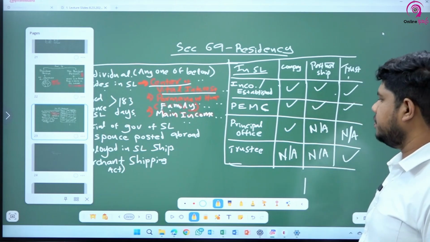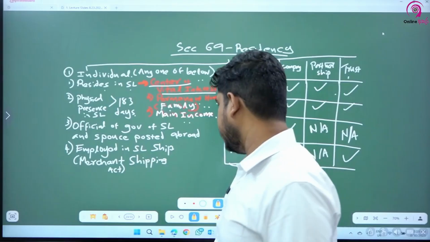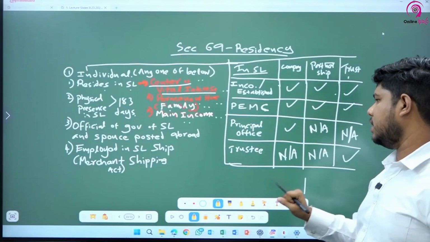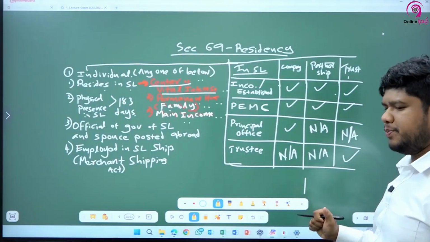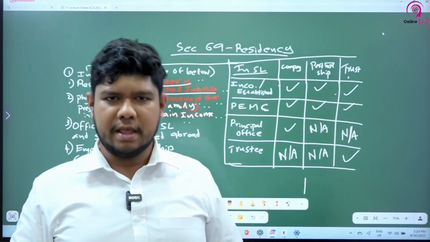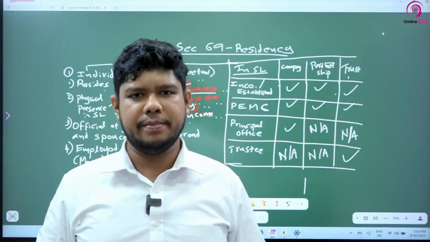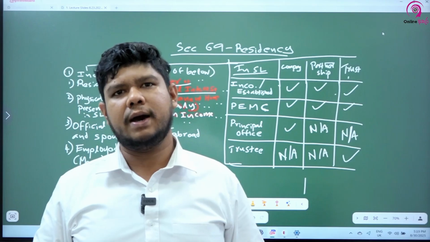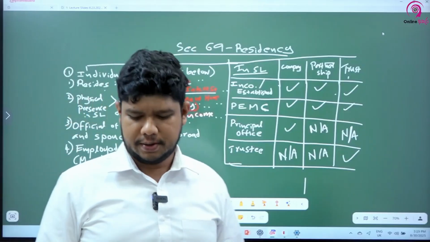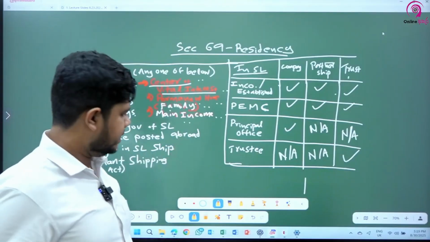But in this Storm case, what happens? There is a company in USA and they have established a branch office in Sri Lanka, right? Branch office in Sri Lanka. So that is an overseas company. They prepare accounts like a normal Sri Lankan company, but this is an overseas company, right? So it is not a resident company, it's a non-resident,